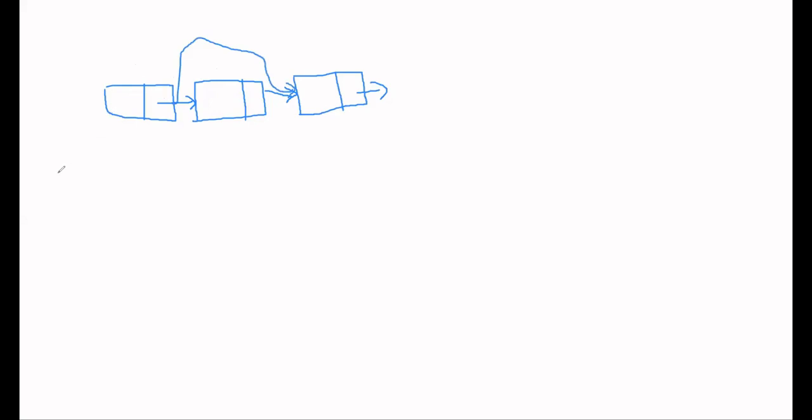For that I have to keep iterating from the head node, starting from the head so that we can find the address of its previous node. There were some more two or three problems, so we'll try to find the solution for those problems in the double linked list. We'll discuss it side by side.